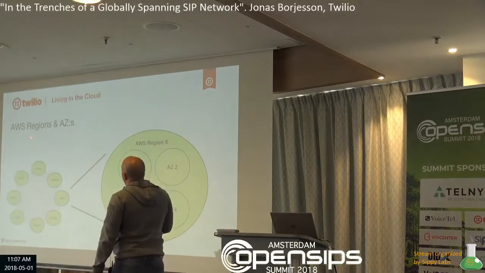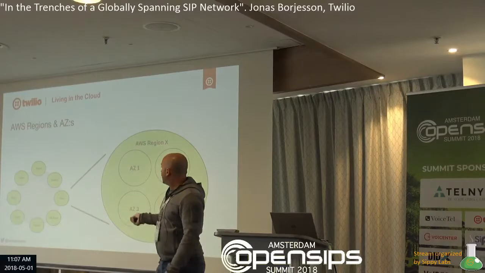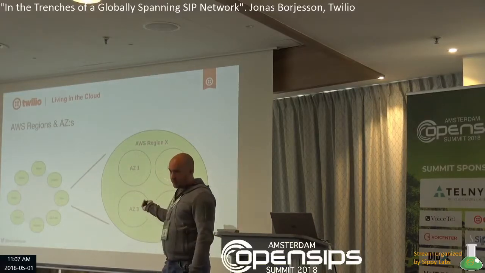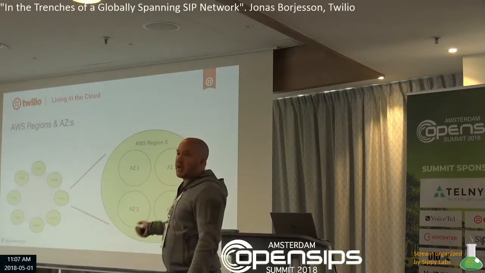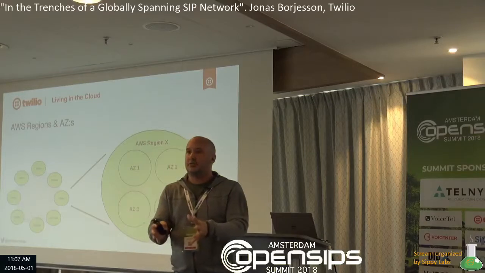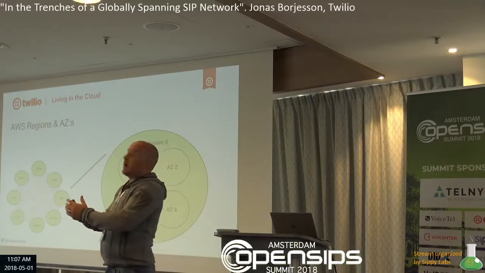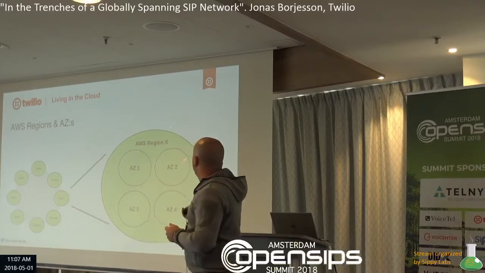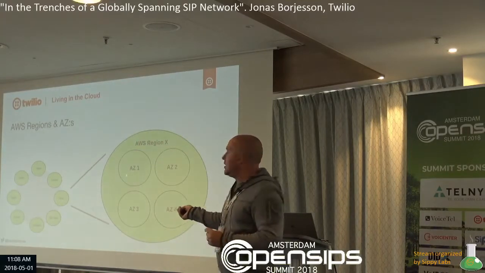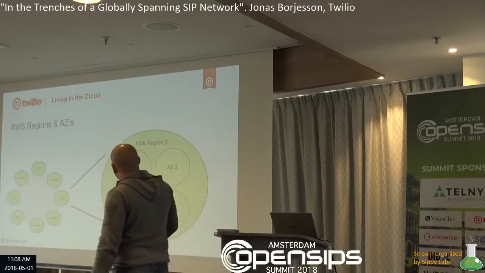So in AWS, which I know the best, you have regions and you have availability zones. Each region consists of a bunch of availability zones. This is true both for Azure and Google Cloud. An availability zone in Amazon's case is essentially a physical data center. That could actually be a couple of buildings, but they're all super close to each other. They have their own backbone, and if you're going to cut the cable, you have to drive in between their buildings and start digging. Right? A region consists of multiple availability zones. In Amazon's case, they can be several kilometers apart, but they all have their own fiber and backbone, so everything is super close.